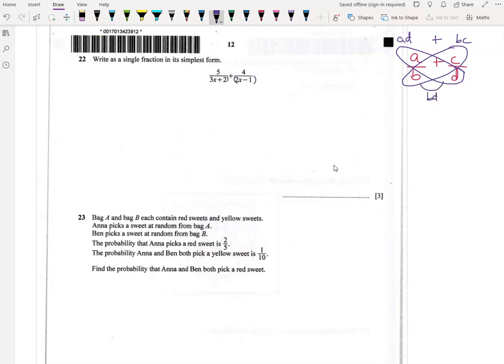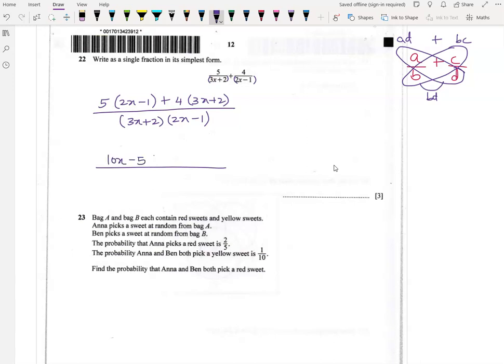So let's apply the same thing here. So 5 will multiply with 2x minus 1 plus 4 will multiply with 3x plus 2, and you multiply out the denominators, 3x plus 2 bracket 2x minus 1. Now we will just expand the numerator. So 5 times 2x is 10x, 5 times 1 is 5, 4 times 3 is 12x, and 4 times 2 is 8. Keep the denominator same, no need to expand, we can leave it like this,